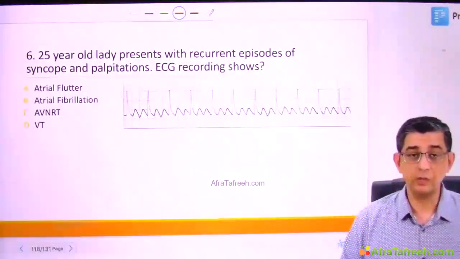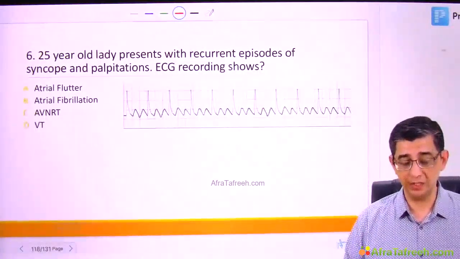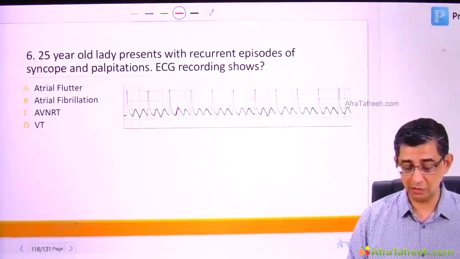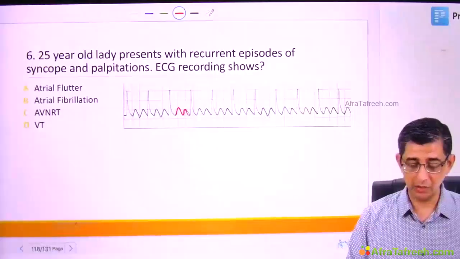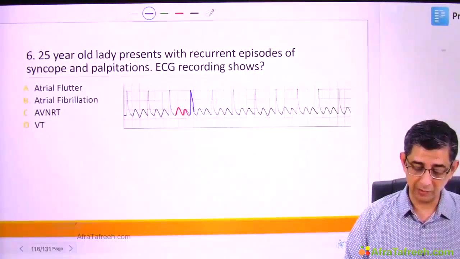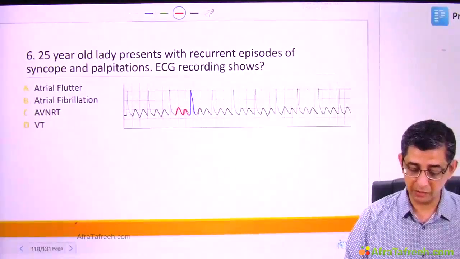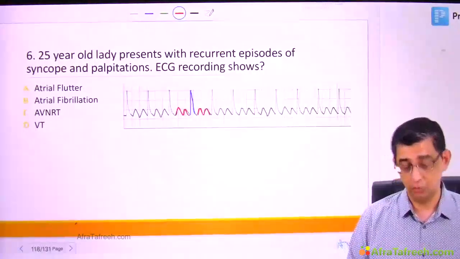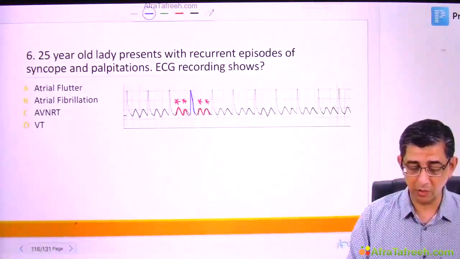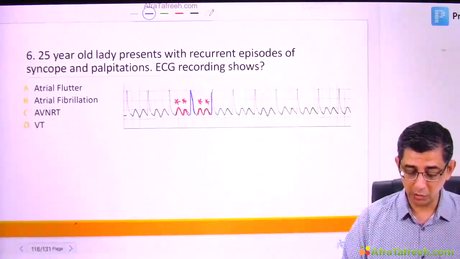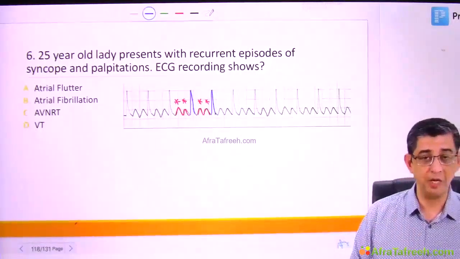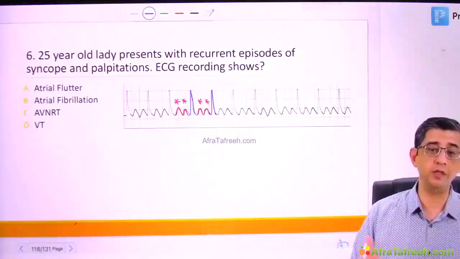The next question talks about a 25-year-old lady who presents with recurrent episodes of syncope and palpitations, and the ECG is showing a very characteristic sawtooth wave pattern. You can notice that before every QRS complex, there is the sawtooth pattern. This is revealing the presence of 3:1 conduction. Though you can see only two sawtooth waves before every QRS complex, this is not 2:1 conduction, this is 3:1 conduction. The basic rule to be remembered is, suppose you are seeing one wave before every QRS complex,